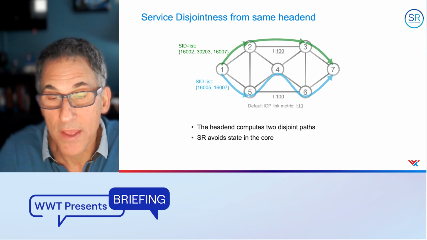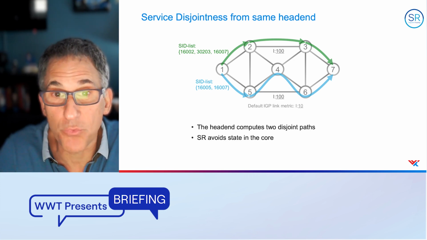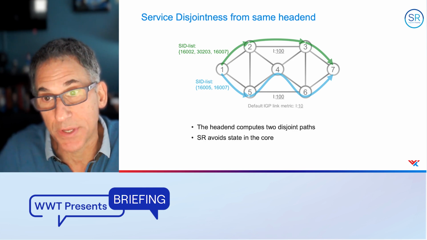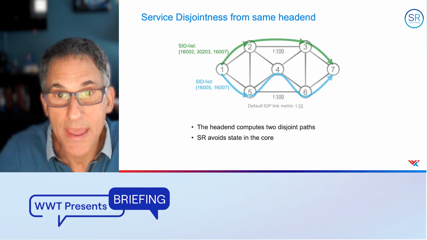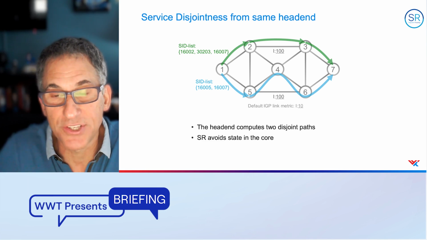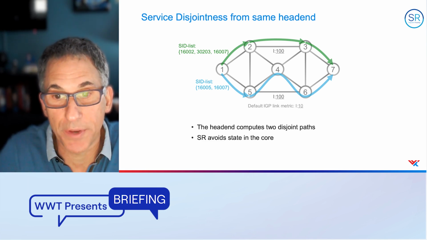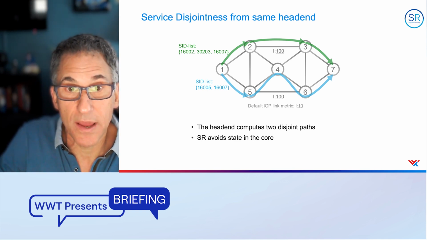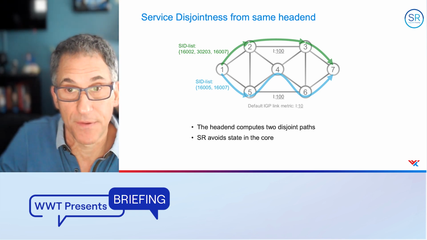Now, the thing to note, this is all done by router 1 with no need for a controller. But if we want to do this from two nodes, like say 1A and 1B, and we want disjointness, then we would have 1A and 1B connect to a traffic engineering controller, and they both would request that path to 7, and they would both get disjoint paths because the controller would make sure they're disjoint. Again, no core state, and you can see the SID lists are relatively small, 2 and 3 labels, and that's it.